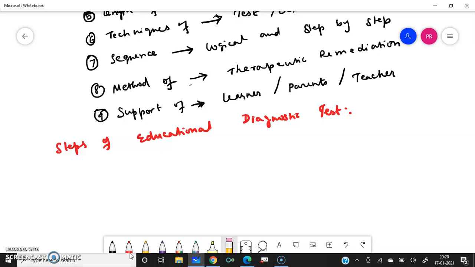Then inadequate work and study skills, meaning he is not doing enough work, enough studies. Scholastic aptitude factors. There are certain factors, meaning the student is unable to understand, that is, mathematical aptitude is not there. That is also one of the problems. Physical or mental, emotional. For example, the student is very fine till 8th standard, but in 9th standard he is having some problem. Maybe there is a problem at home, because of that he is emotionally disturbed, or he might have had an accident. A physical problem may be quite possible.